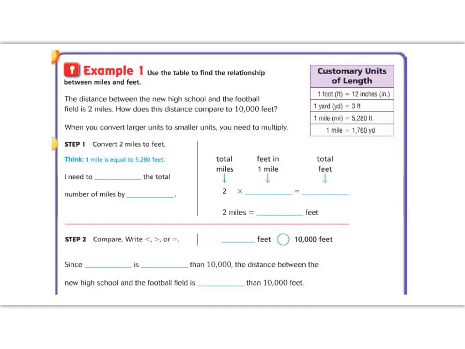Let's continue with example 1. Example 1 says use the table to find the relationship of miles and feet. The distance between the new high school and the football field is 2 miles. How does the distance compare to 10,000 feet? So the first thing that we need to do is we need to convert our miles to feet. So we need to multiply